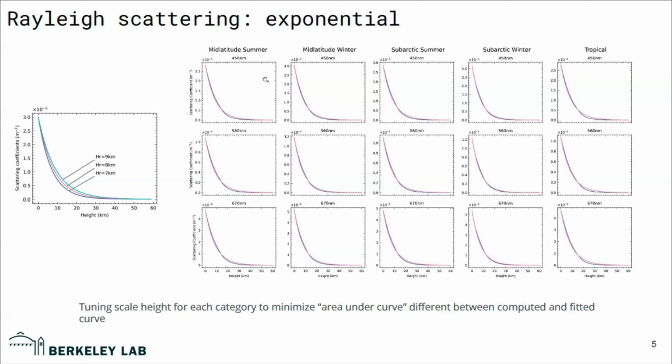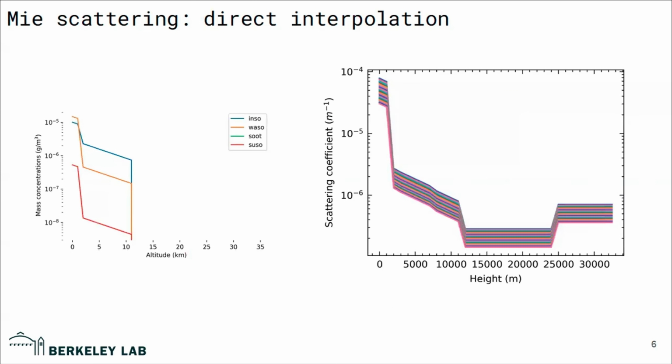The horizontal columns here are essentially 450 nanometers, 560 nanometers, and 670 nanometers. We're only showing these 3, but we did this for the entire spectrum range, and then tuned it so that the differences between our simplified exponential decay and the measurements are matched as closely as possible. So that's Rayleigh scattering. And then for Mie scattering,